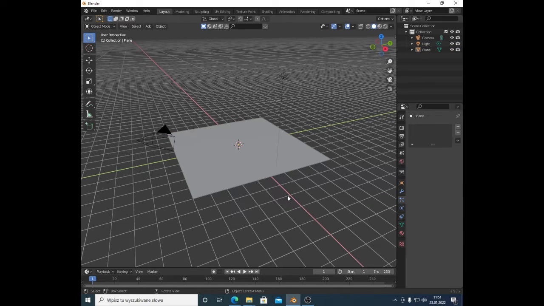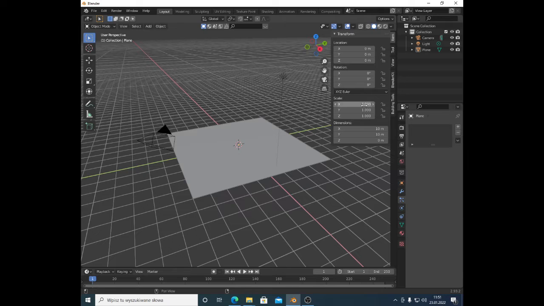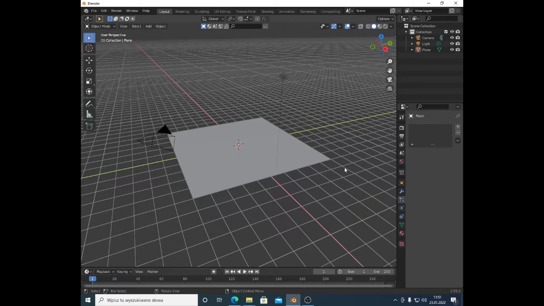So basically, if I click N, the scale right here I have on the 1, yes? So I don't have to adjust this. I'm gonna just hide this N. Always remember to select your object, yes? So select this plane by the left click and go on the particle system right here on this icon, particle